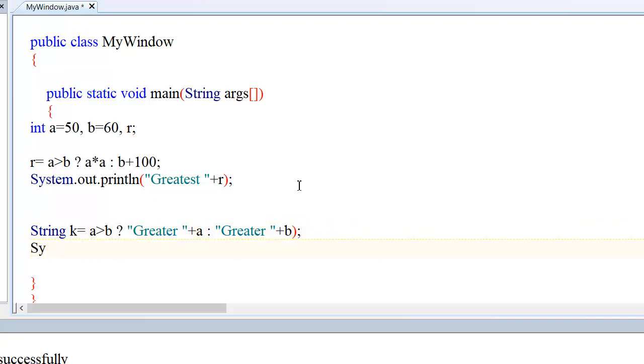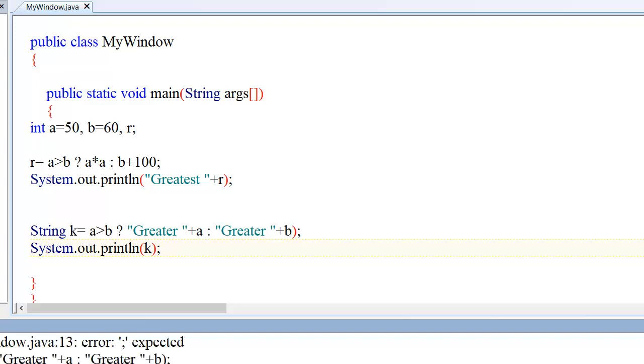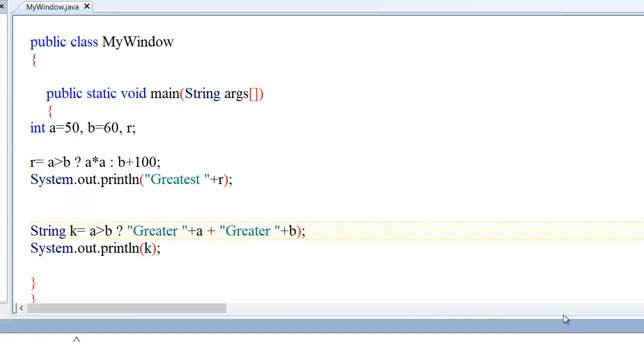I want to print the k value. Colon, greater a, colon, last bracket. Right.